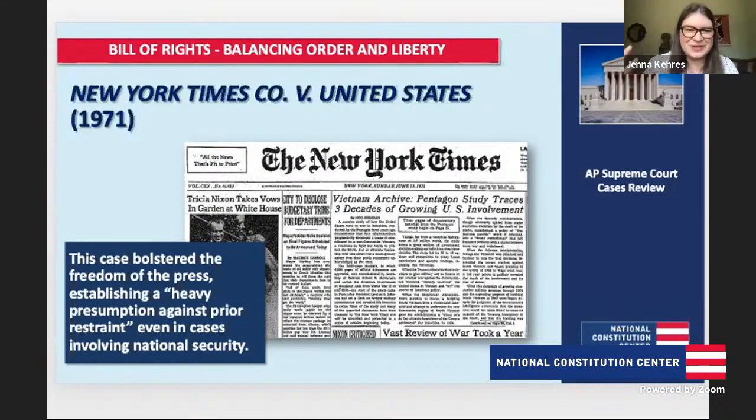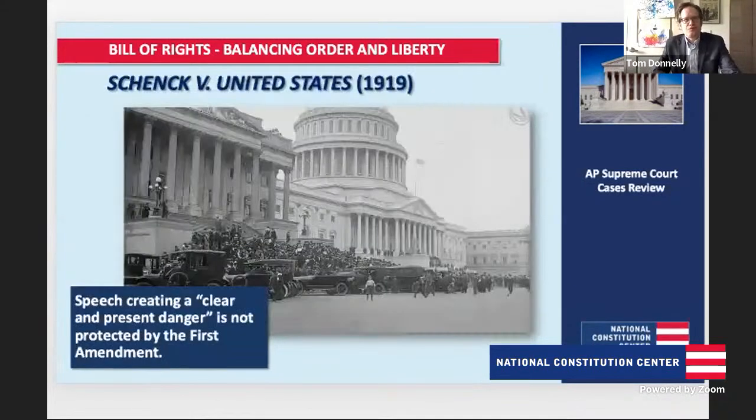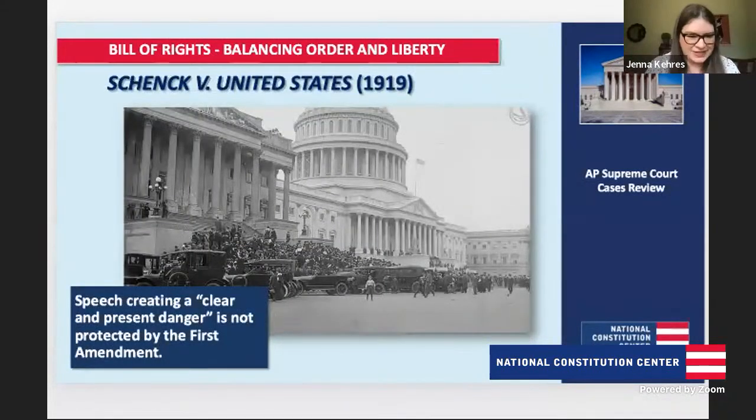Man, this First Amendment was getting a lot of play in these cases. So we've got freedom of the press, freedom of speech, both religion clauses. It really makes you remember how important that amendment is. Absolutely. All right. So one more in this category before we move on to the next one, and that's Schenck